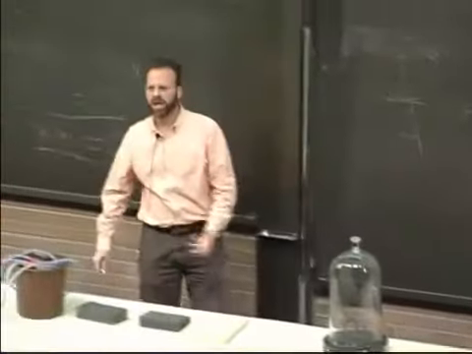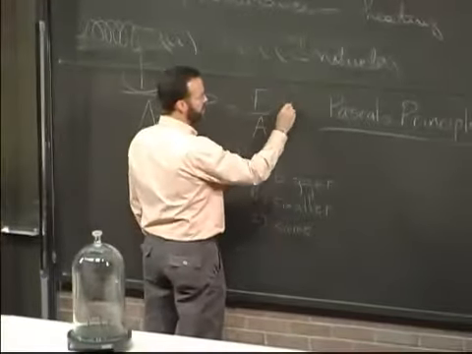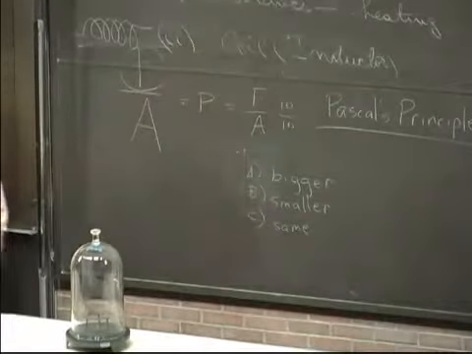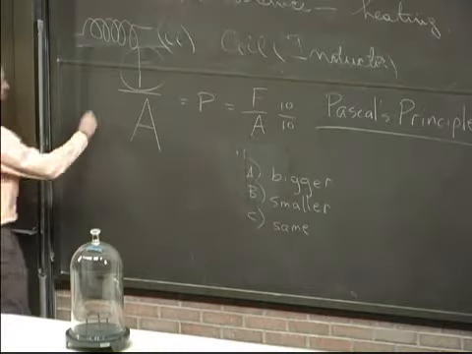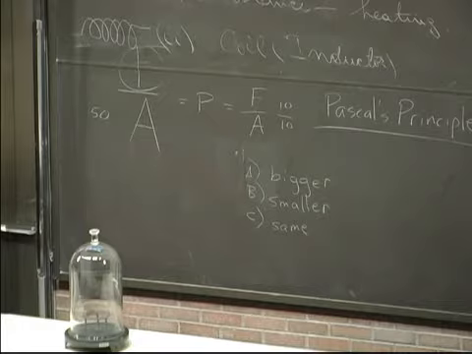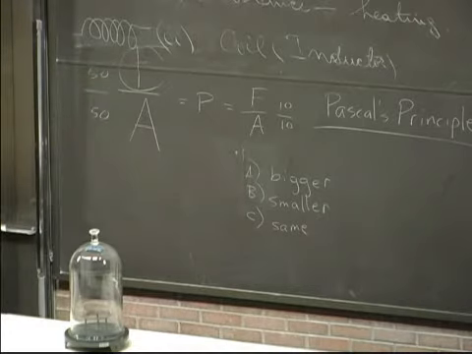We can look at it mathematically. Some people like numbers. If this was 10 and this was 10, the ratio is 1. So if we make this area 5 times bigger, let's call it 50. What's the force have to be? Does that help you see it maybe? It would have to be 50 to keep that ratio the same.